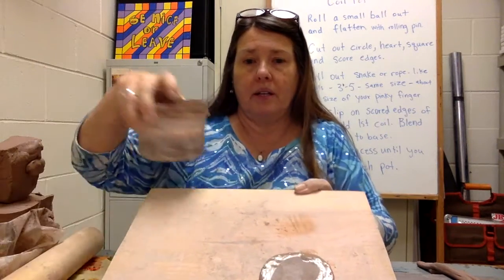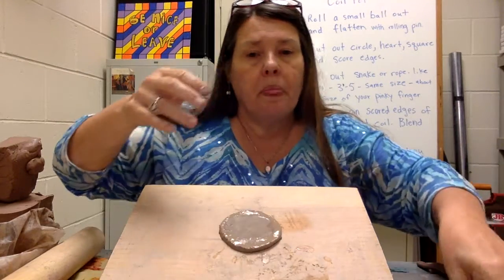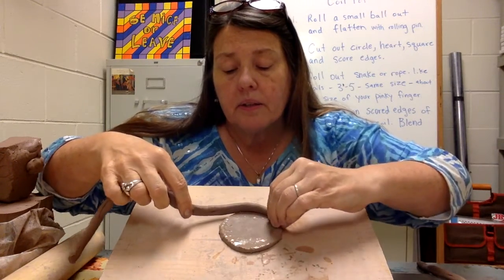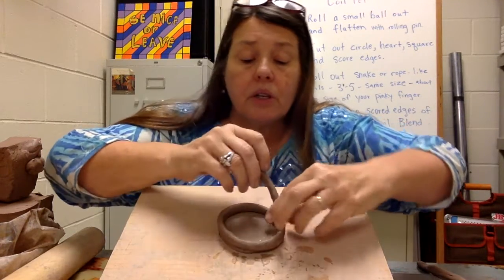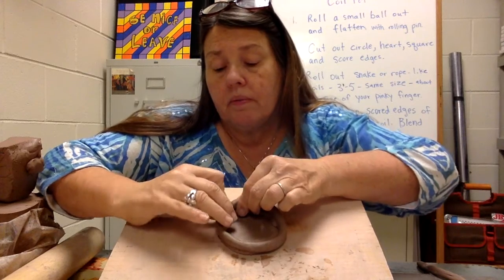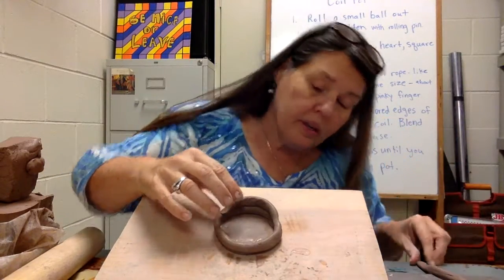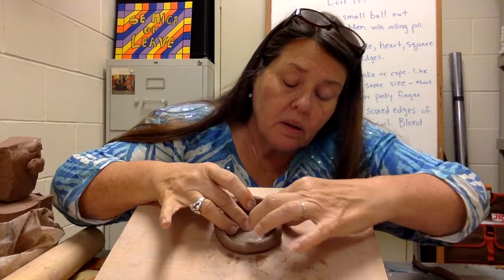Okay, I'm going to put this behind here and see if I can hold this up so you can see it a little bit better. Okay, now I'm going to take my first coil and I'm going to put it right on top of the base. And I'm going to wrap it around and I'm just going to keep going. Okay, when my coil runs out, I'm just going to make sure it's on here real good. If there's a place that you see a little light coming through, you can take just a piece and put